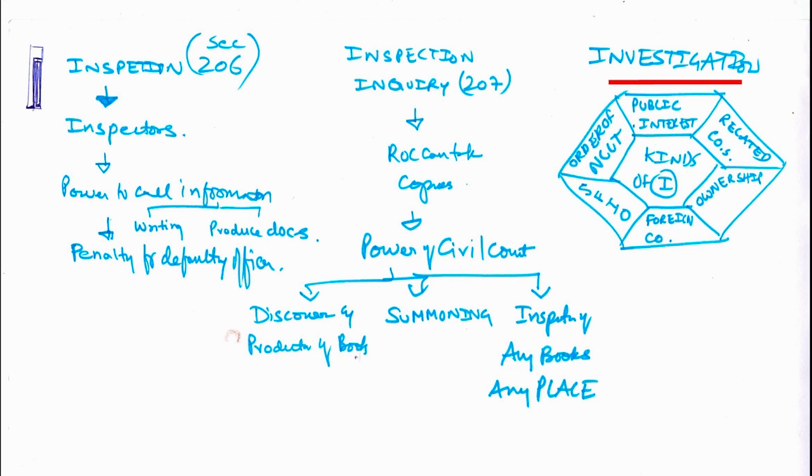Then the fourth type relates to investigation of the ownership pattern. Who is the real owner of the company? Is there any mafia don or somebody else who is money laundering and taking all the benefits? So we will try to understand who are the real investors, and we will know the ownership pattern. If you also see the definition of promoters, the Companies Act 2013 has made it very wide, and anybody who has control over the affairs of the company can be considered a promoter. So in this investigation, we will know who the real owner is and what their intentions are.